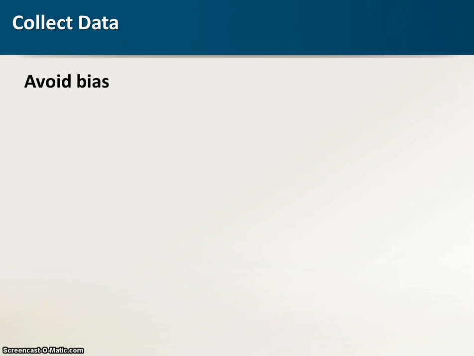Okay, so one of the issues that we need to think about anytime we are conducting psychological research is how we can avoid bias in our research. And bias is a pretty nebulous term. There's actually a lot of very specific types that we need to keep an eye out for so that we can avoid them. And keep in mind that these apply to all different research methods, surveys, experiments, whatever.